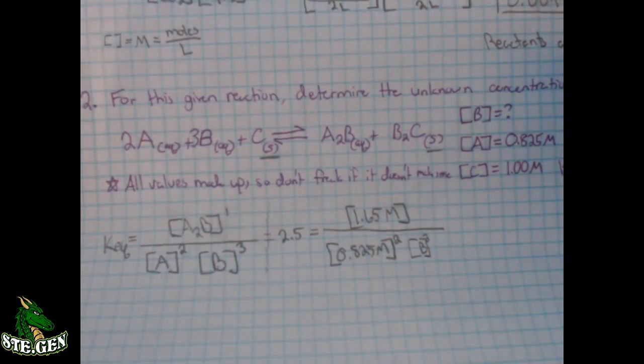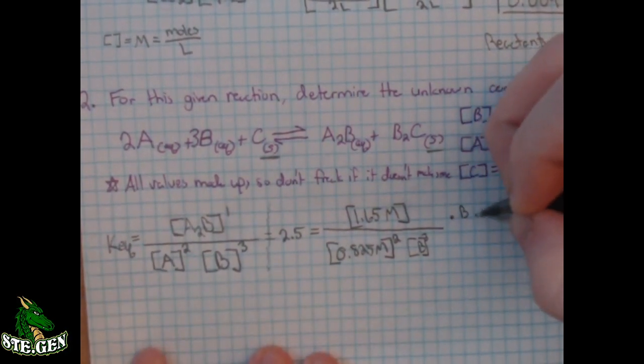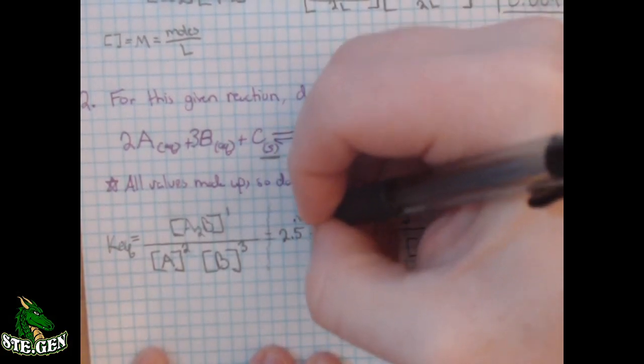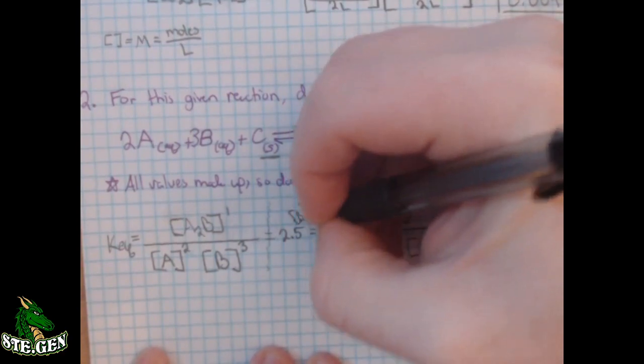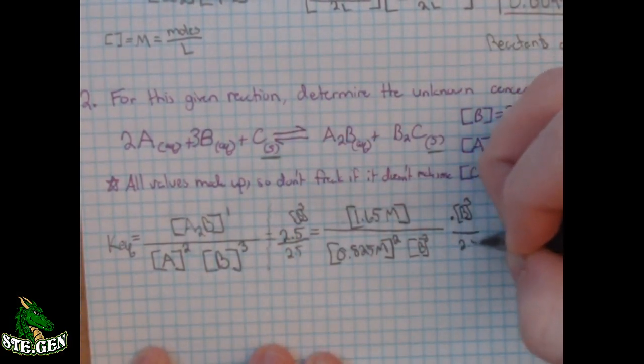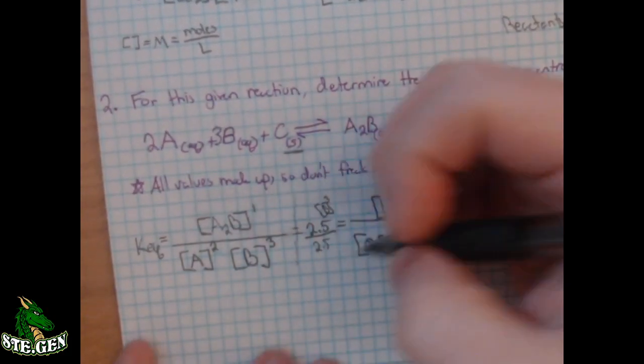So let's rearrange and get all of our pieces on one side. So we're going to multiply each side by our B cubed, and we're going to end up dividing by 2.5. And that will give us, once we do a cube root,